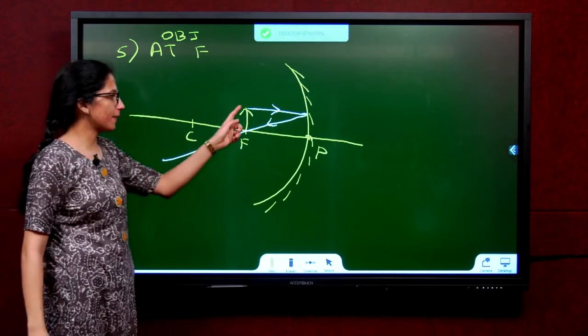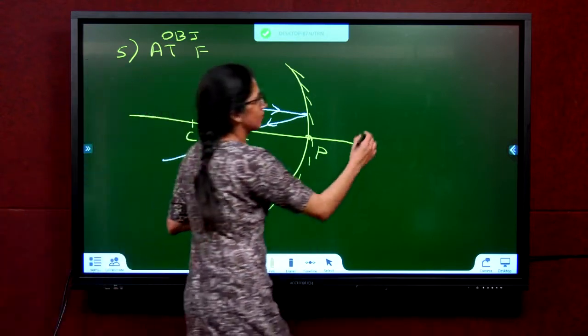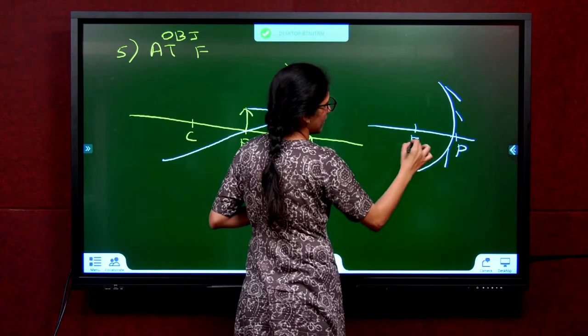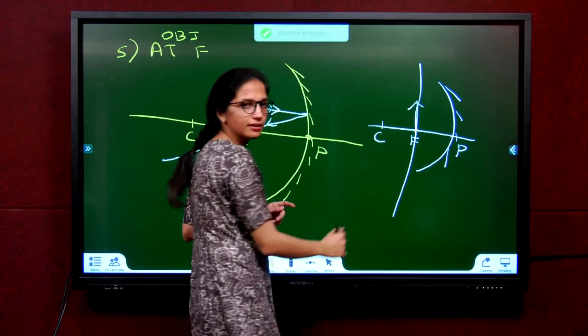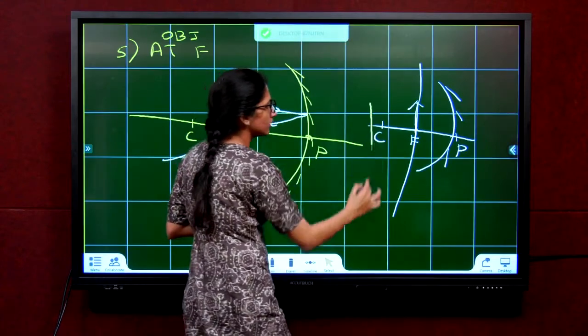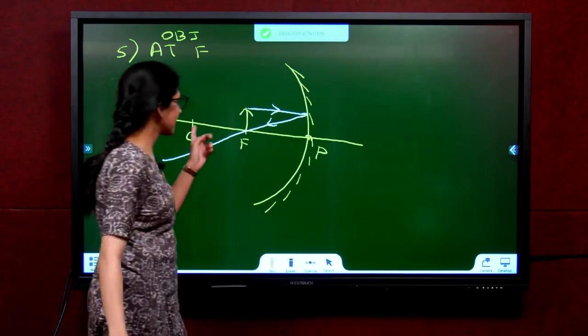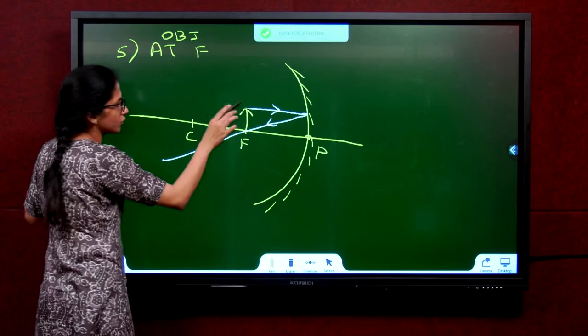Can I take a ray passing through F? No, because if I take a ray passing through F, it will go up or down. See? P, F, C. How can I take the ray passing through F itself? It will never meet the mirror. So I have to go for the third case. Who? Passing through C. But C is behind. No. How will I make it pass through C? You can make it pass through C. Appear to make it pass.